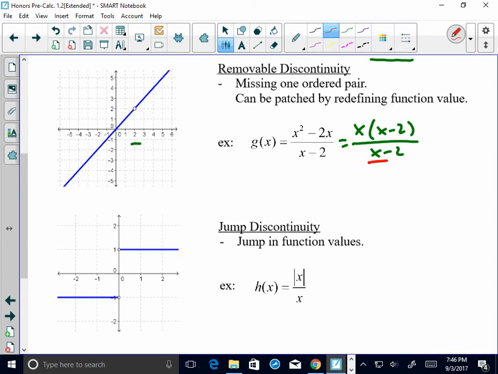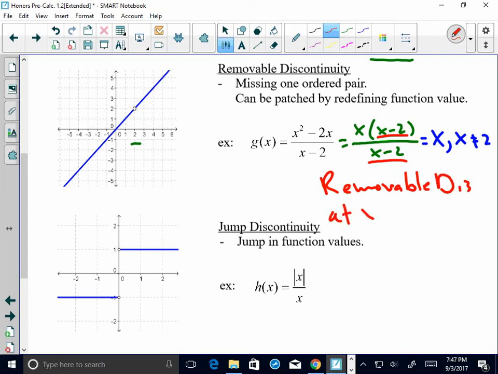Now right here, when x equals 2, we are dividing by 0, and so we're undefined. But for all other x values, we have the x minus 2 in the numerator giving us the same number as the x minus 2 in the denominator, which means that we would be multiplying and dividing by basically the same number. So we would see our x minus 2's cancel out, and we would get the graph of the linear function x for all x values except for the x value of 2. So this gives us removable discontinuity